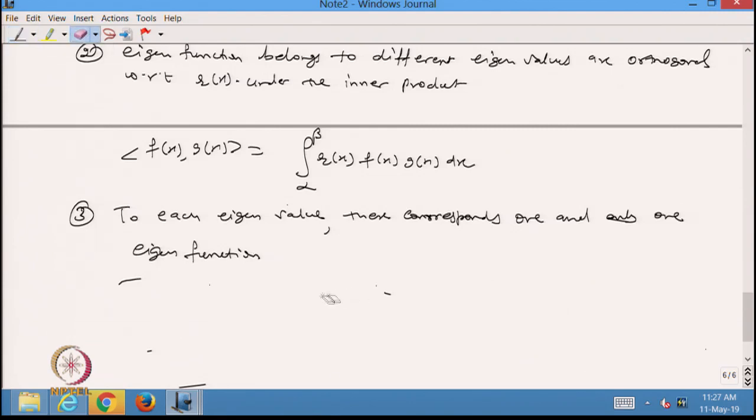This is the third property, and the fourth property is that